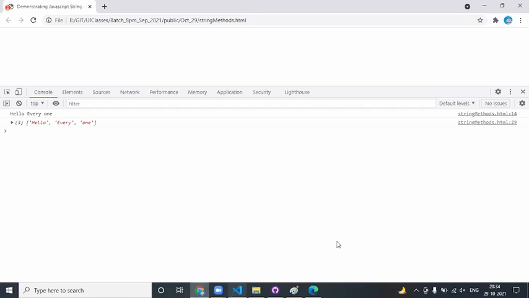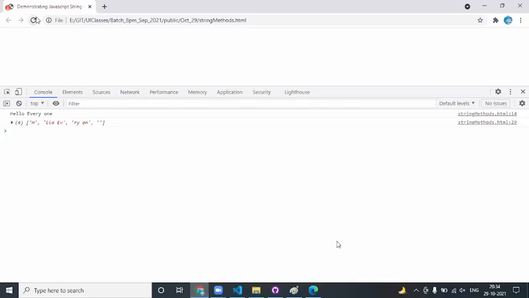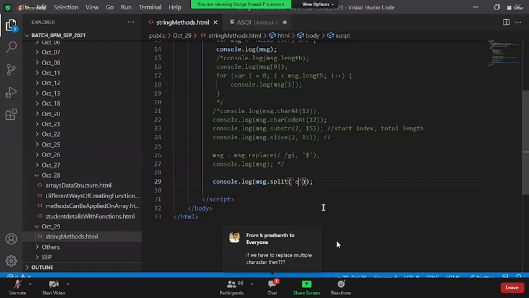Not only the spaces, anything you want. Now, when I say split with E, take E as a separator and split it. Now if you refresh here, see, there is no E here because only cap C is there, small e is not there. So this is how you get H, L, L, O, E, V, R, Y. It is taking E as a separator. Before E and after E will be considered as values within the array. It will create an array out of it.